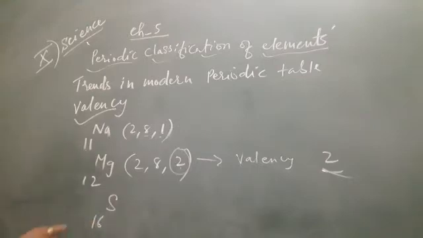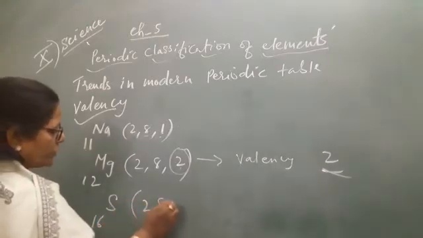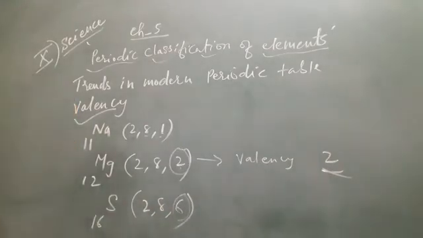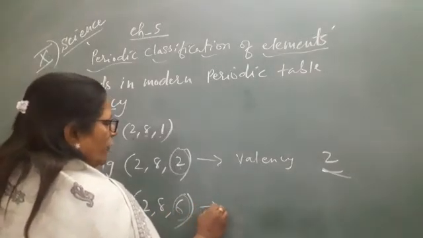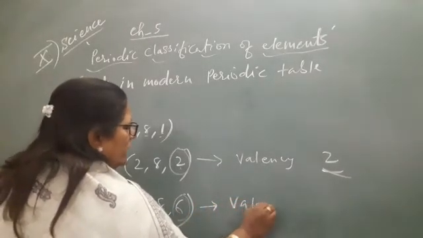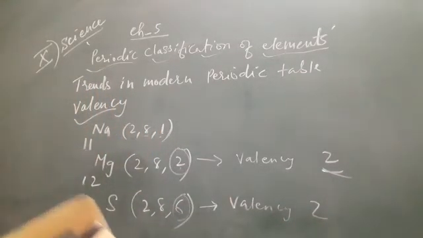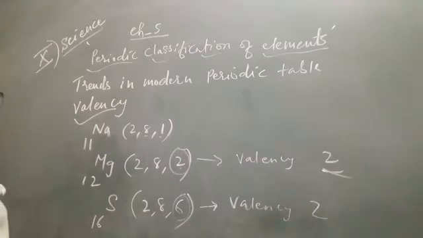Now in the same way, we have to find it for sulfur. The atomic number of sulfur is 16. The electronic configuration is 2, 8, 6. Now in the last orbit, how many electrons are there? 6. So to complete its octet, it needs 2 electrons. So its valency is again 2. Okay. So in this way, we get the valency, that is the number of electrons in the outermost orbit, either required or remaining. Now similarly, find out the valencies of the first 20 elements.